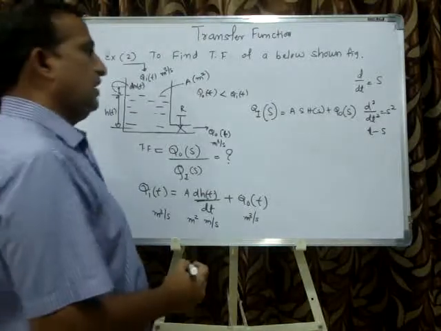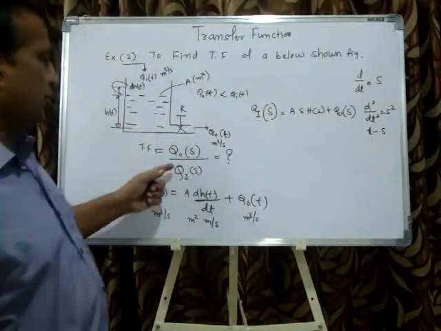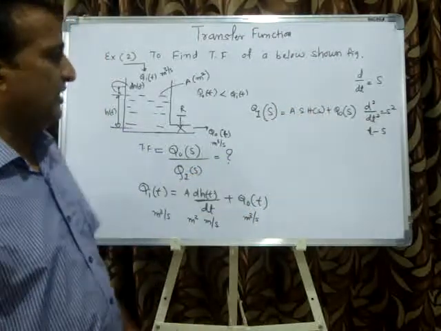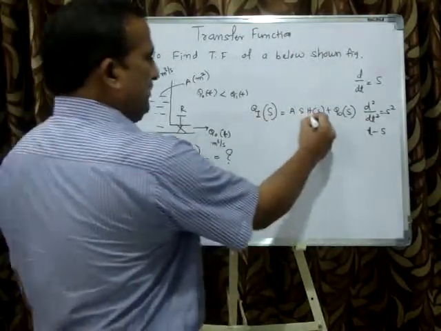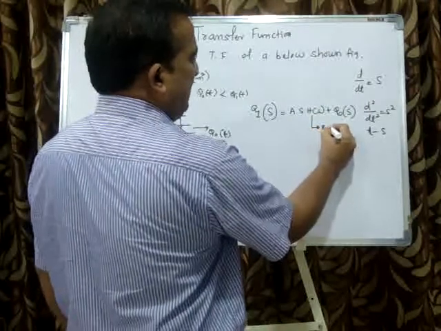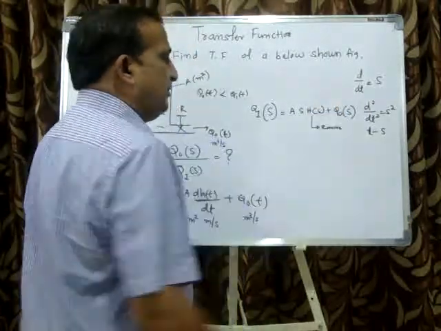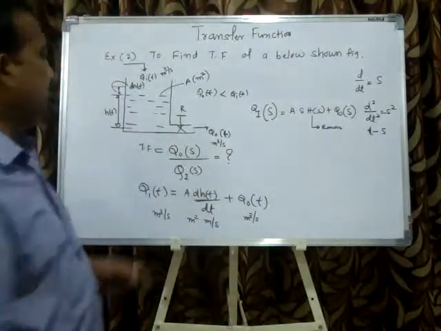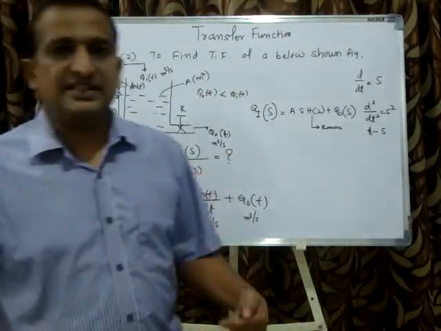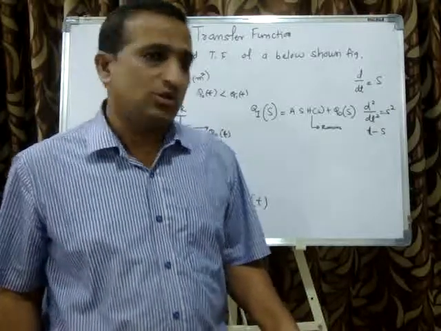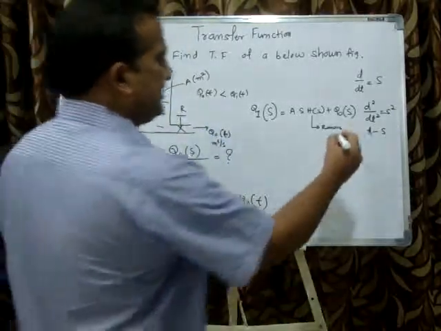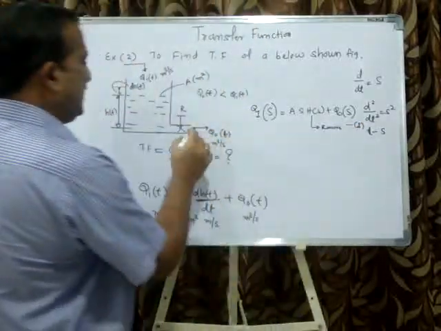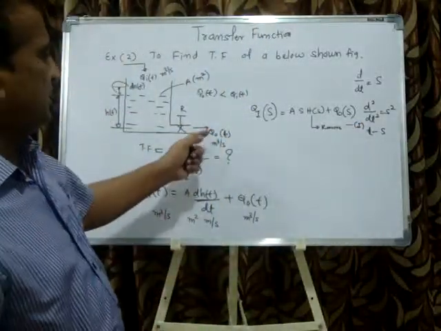But I want Q0 by Qi, so I cannot take Q0 as common, because H is an intermediate variable, an intermediate output. I don't want the intermediate output, I am interested in the final output, so I will remove H of S. To remove H of S, I require one more equation. So what is the one more equation? Suppose this is equation number 1, and one more equation, as per Bernoulli's equation,